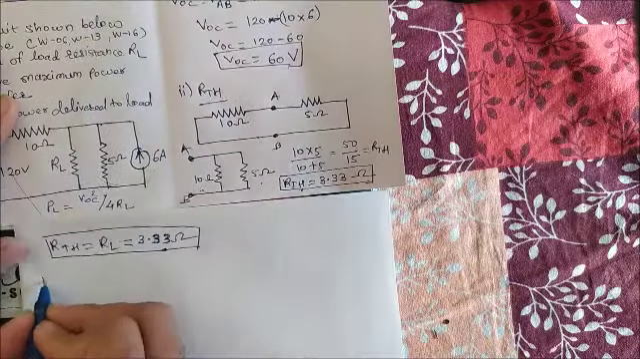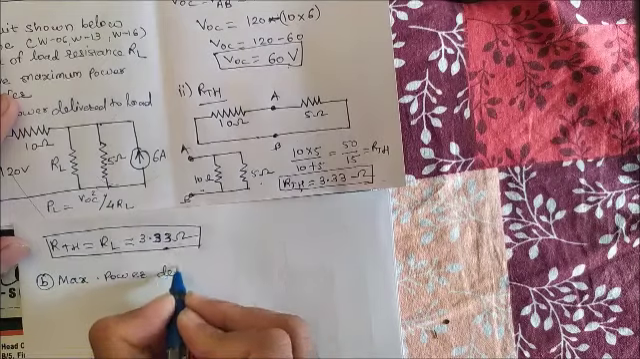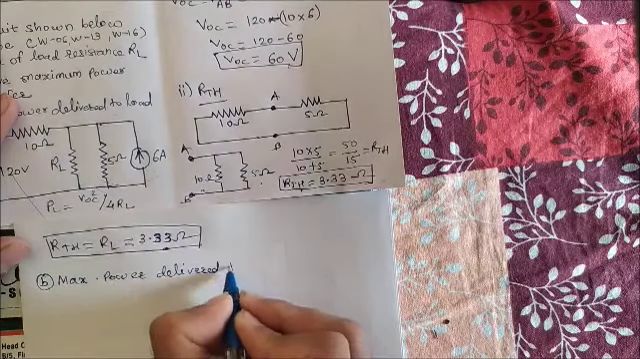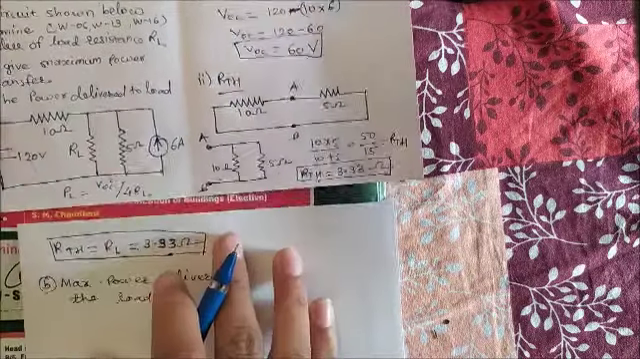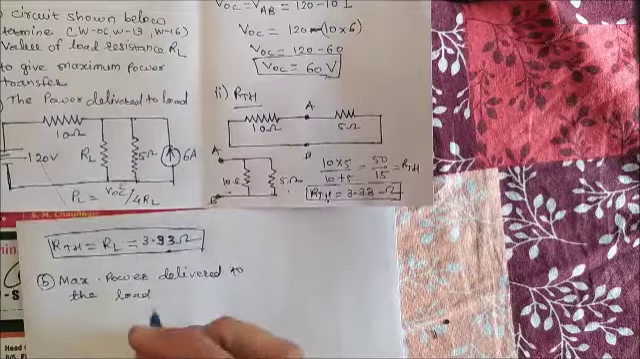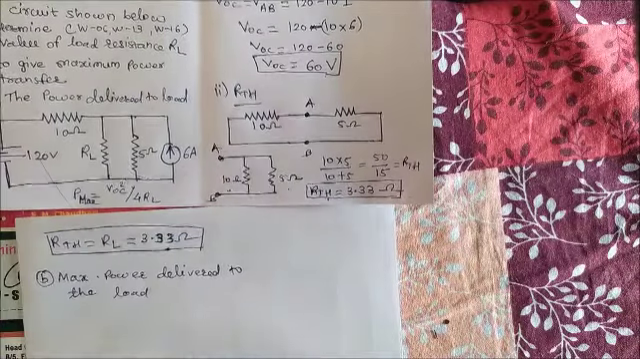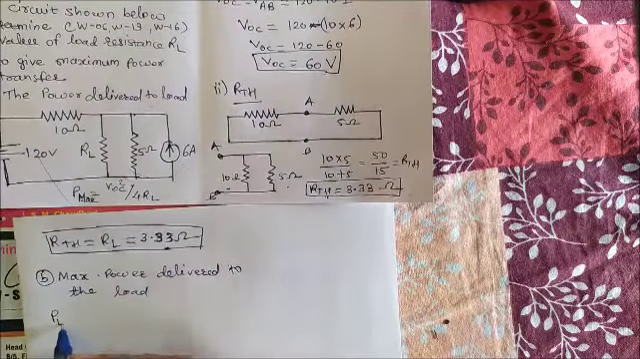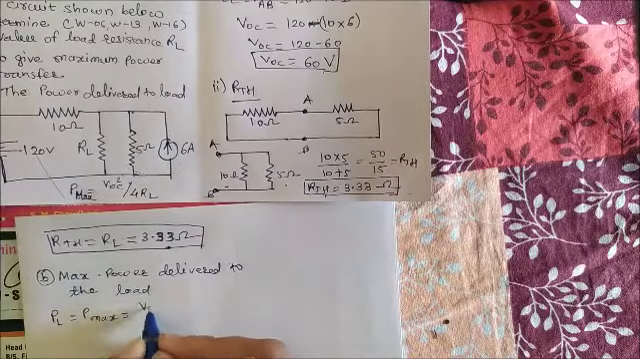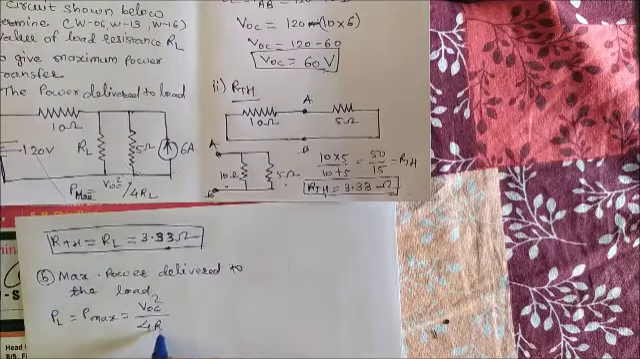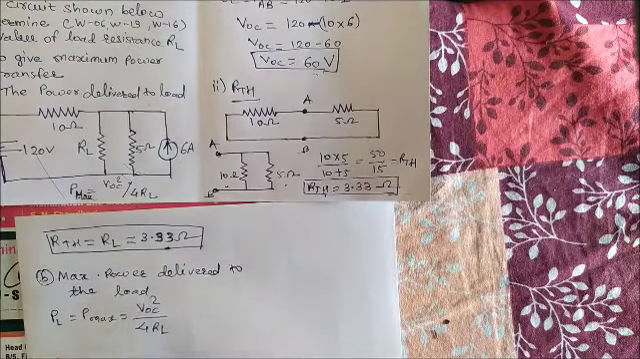Now the second part we have to calculate is the maximum power delivered to the load. In this circuit we have to calculate the maximum power delivered, and this is the formula for maximum power. P max is equal to VOC square divided by 4RL. We have the value of open circuit voltage VOC, we have the value of RL. So write down